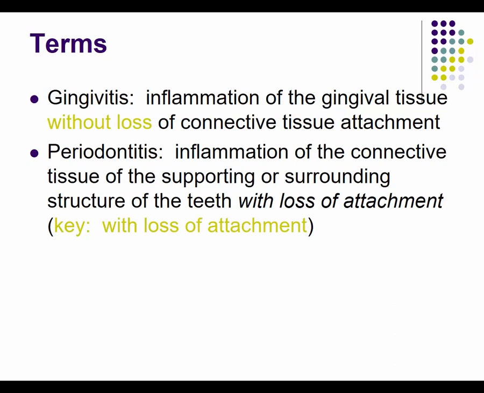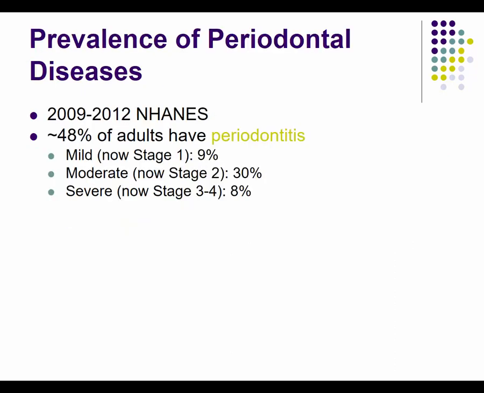Periodontitis is once we've started losing those hard tissues, so with loss of attachment. During the 2012 NHANES round, about 48% of adults, almost half, had periodontitis. So if half of the adult population has periodontitis,